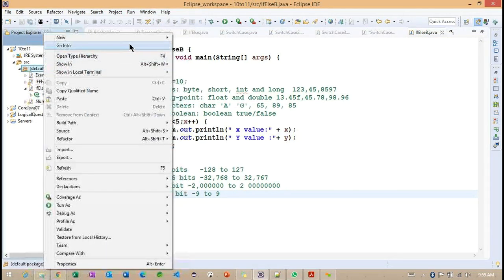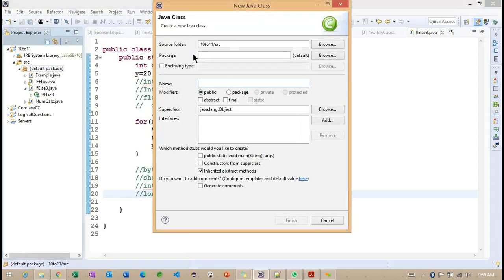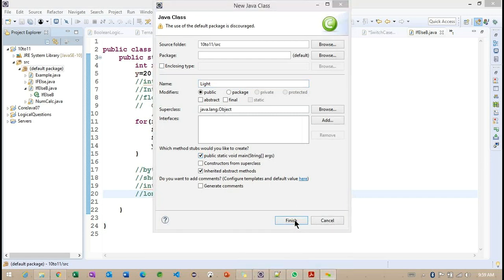Let me create one more class here, and the name of the class I am going to work with is Light. Observe carefully. Using this Light example, I am going to add the long data type as well as the int data type. How exactly I am declaring the variables and how we are working on the simple example, we'll see here. Let me click on Finish.